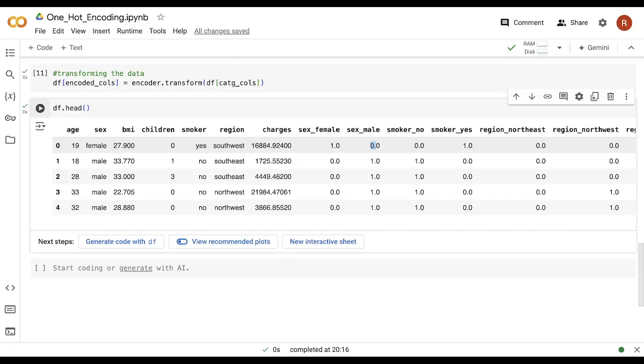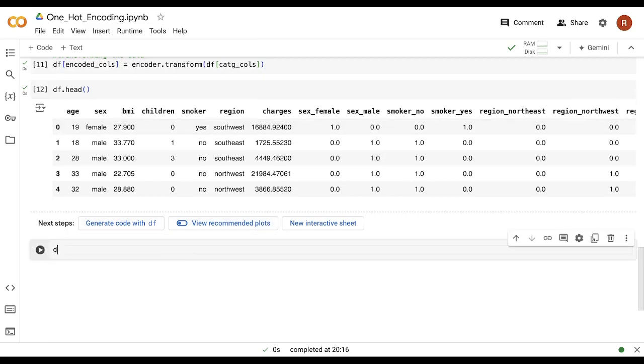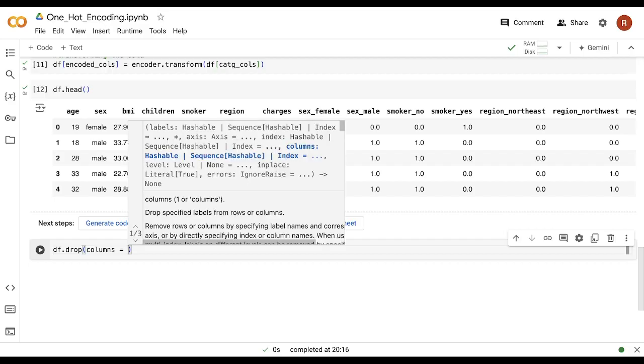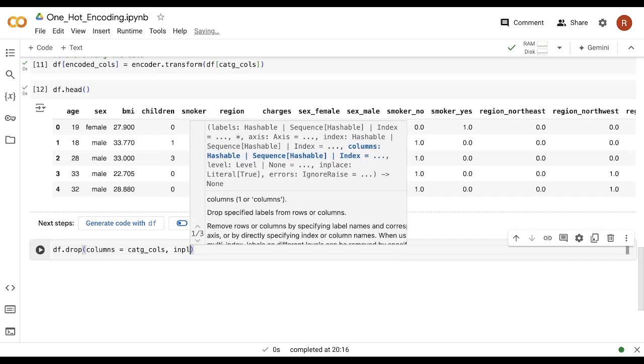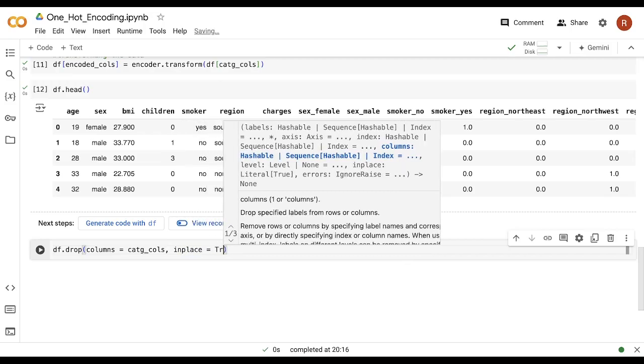Fine. So this is how the numerical values are getting generated in the combination of zeros and ones for the one hot encoded columns. Now that you have this numerical data, you don't require this initial categorical data. So you are free to delete this existing categorical data like sex, smoker and region. And again, you don't have to delete this explicitly. We will directly use this categorical columns list. So let me just say here df dot drop columns. Now instead of explicitly giving the categorical column names here, you can just say here categorical columns, because this list already consists of all your categorical columns. And then just say inplace is equal to true in order to make these changes permanent, and let's run that.